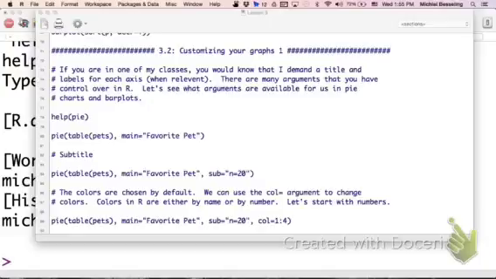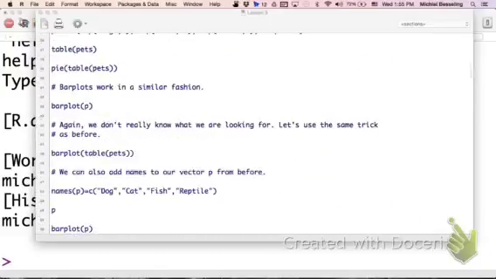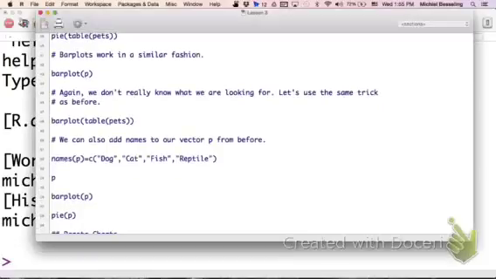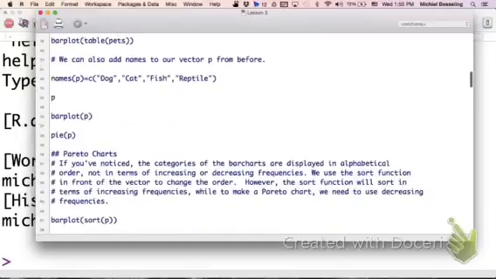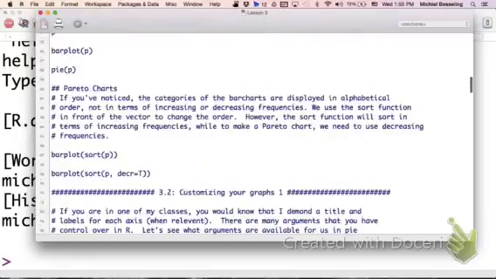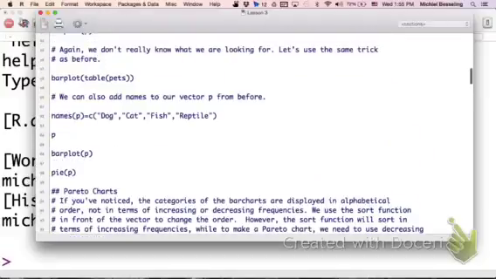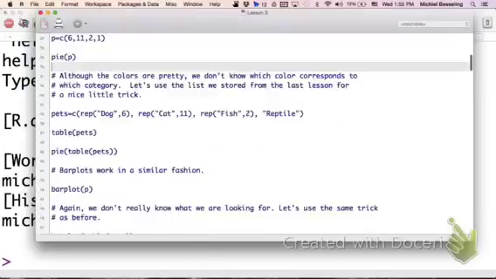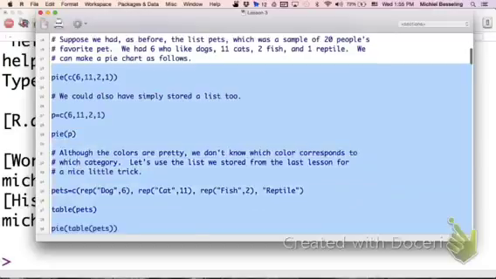3.2, customizing your graphs. In 3.1, we learned how to do bar plots and pie charts. We learned, more importantly, how to name our list using the names function. We've talked about Pareto charts and taking a bar plot and sorting it. As of right now, if you had to restart your computer, there's a nice little trick we can do to get all this stuff in here, because we're going to use the same